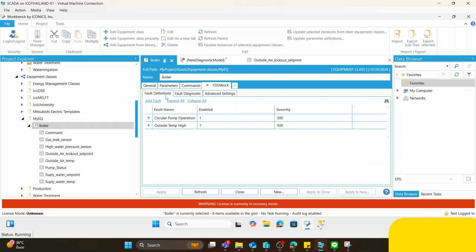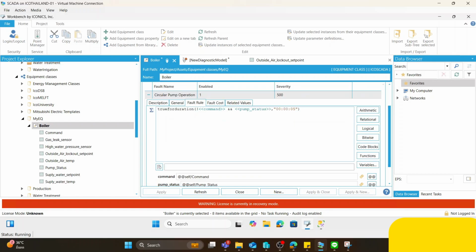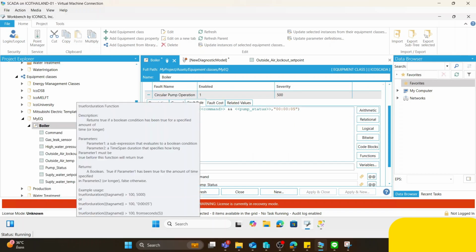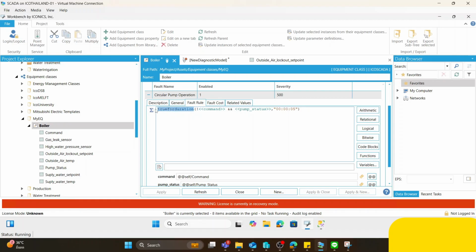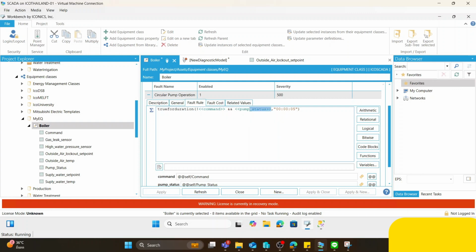Go to fault definition here, and we have the fault. We have created some faults here: circular pump operation and outside temperature high. We can add the fault here and name it, expand it to see the fault rule. We can use the expression for the fault rule. For example, I use the true for duration to detect if the command is off, but the pump status still keeps running. If the pump status is still on for 5 seconds, this will be true,